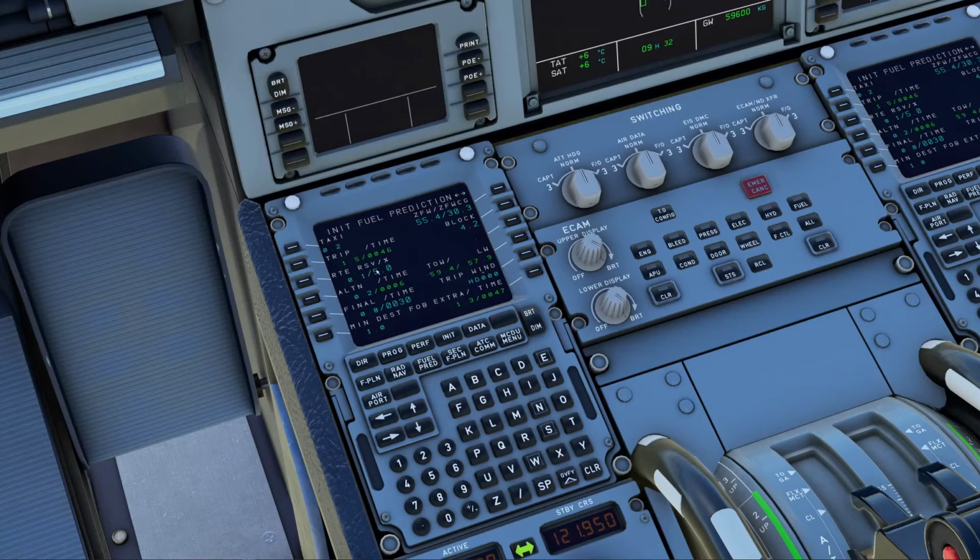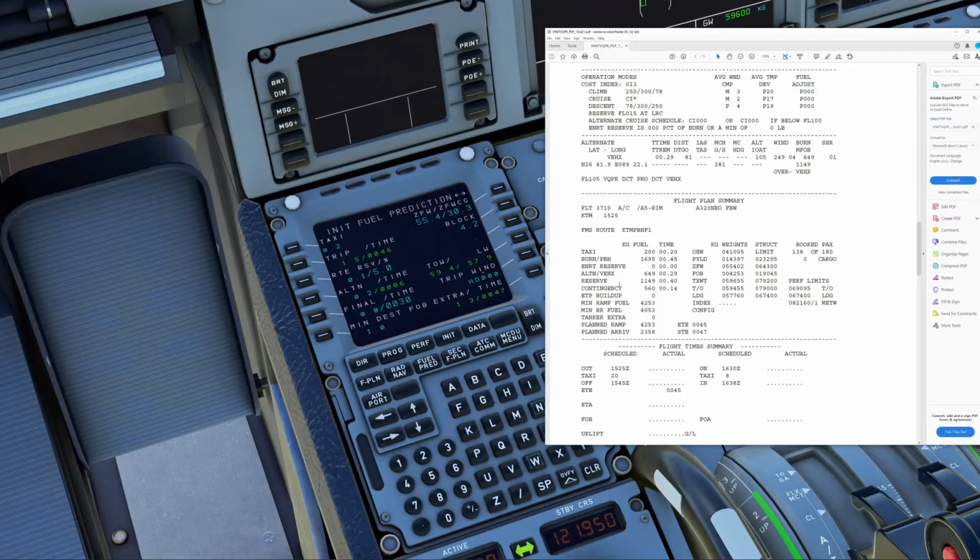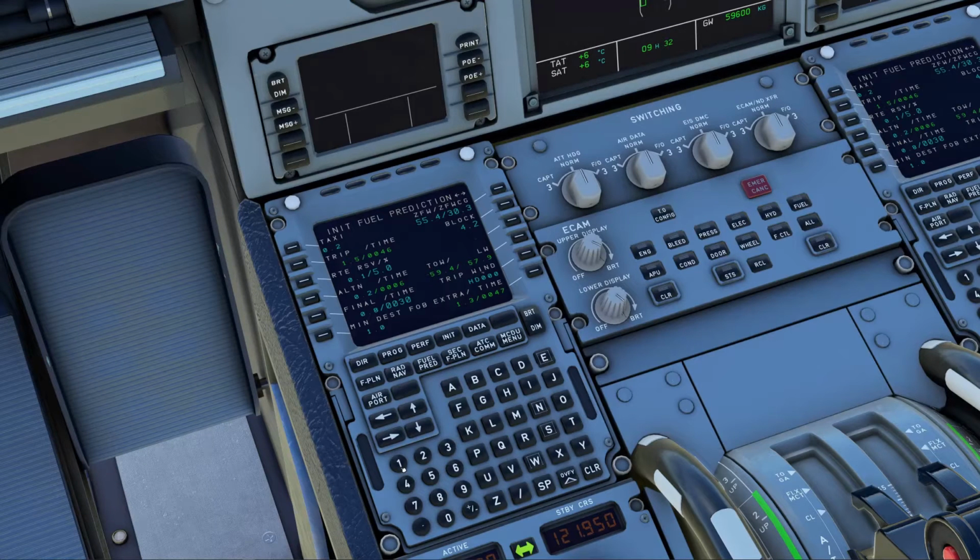You can see there route reserve, alternate. Sometimes it's not quite accurate. So you see, if you got here reserve is 1.1, and that's saying 0.1. Alternate is 649, it's saying 0.2. Okay, so you can actually adjust it.